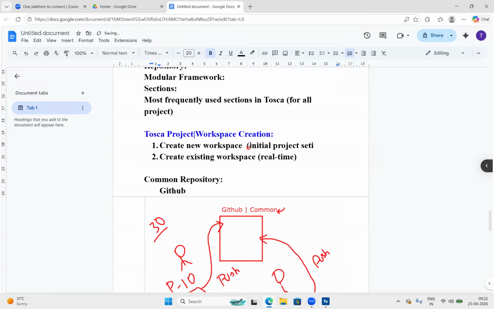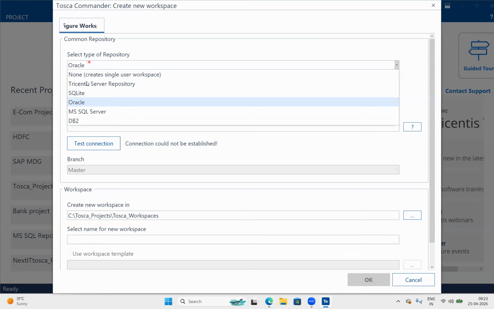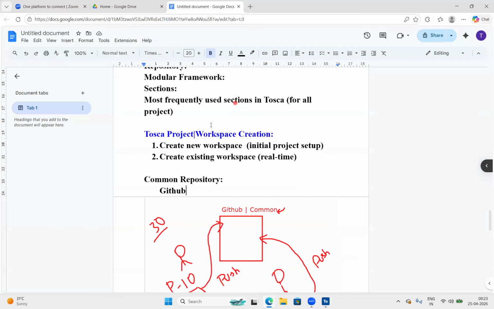Once you get the project approval and create a project setup, these things will be taken care of by either the client, test manager, test lead or test architect. As a team member, you may not get a chance to work with the creation of the workspace in real time, because creation of a project is completely a one-time activity. Let me show you initially creating the new workspace. Later, I'll show you the existing workspace.